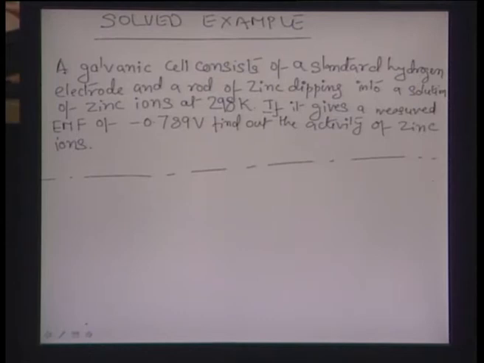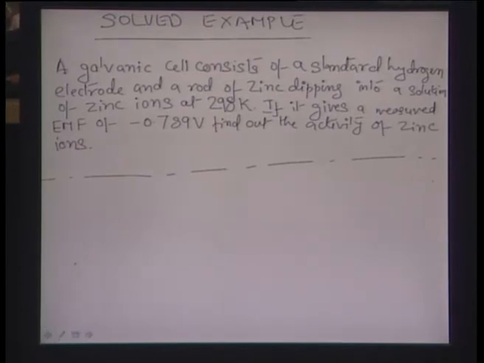Okay, so basically let us do a small problem on finding out the EMF before going into the ion selective electrodes. In this example there is a galvanic cell which consists of a standard hydrogen electrode and a rod of zinc dipping into a solution of zinc ions at 298 Kelvin, and it gives a measured EMF of minus 0.789 volts. Find out the activity of the zinc ions. So, we apply the Nernst equation here,